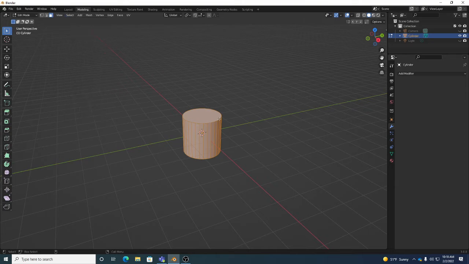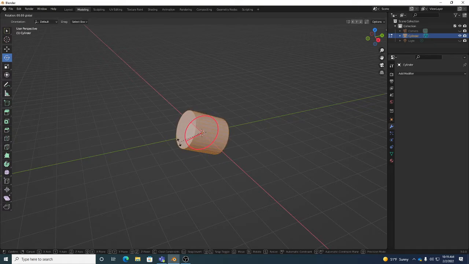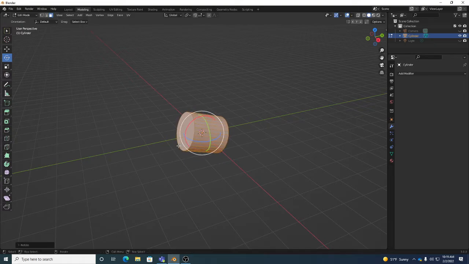I'm going to hit E for rotate, right? Remember, your move, rotate, scale tools are right here, but W, E, R, because we're using industry compatible, are right here. And of course, it brings up our rotate handle. Now in this case, I want to rotate it this way, so it's kind of on its side. So I'm going to grab the X, the red, left click drag on it to rotate it down. Now I don't have to rotate it all the way flat,